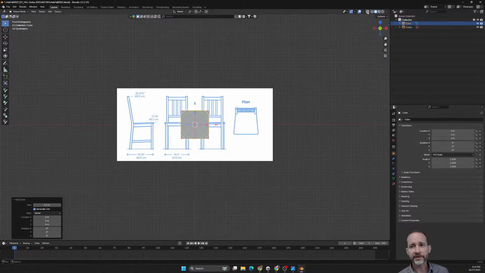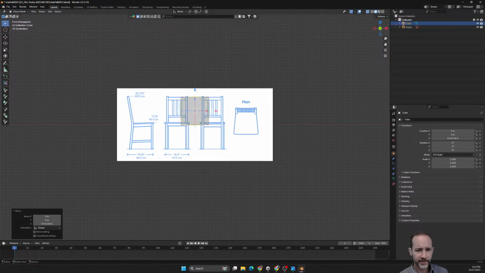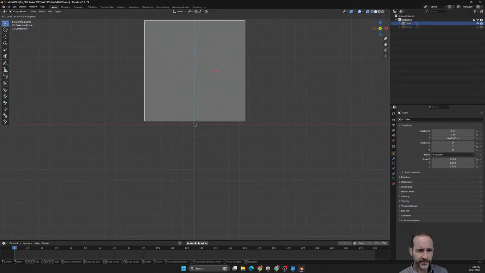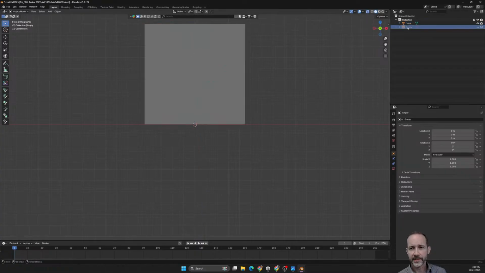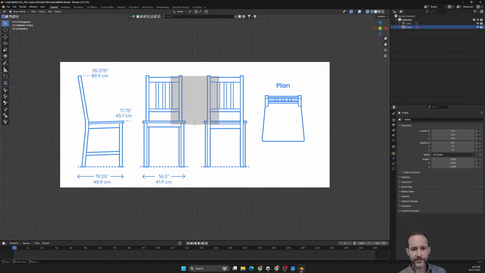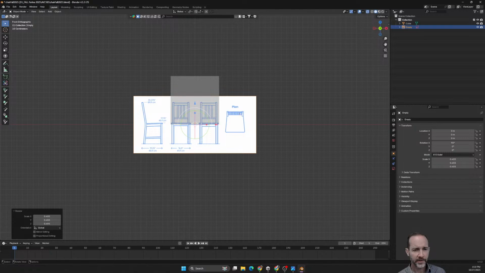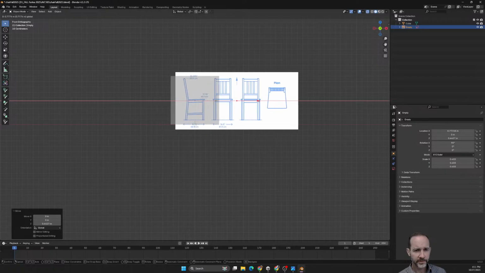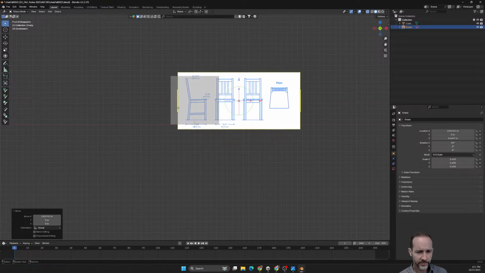And I'm going to turn on the X-ray for right now. And let's move this up. I'm going to turn this off for a second. And there we go. And so that's the correct height. And so now let's get this properly scaled. So I'll grab this and scale it down. And I'm going to get the side view here lined up. So I'll bring this over and try and get this